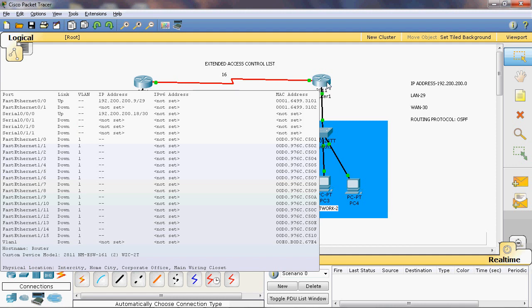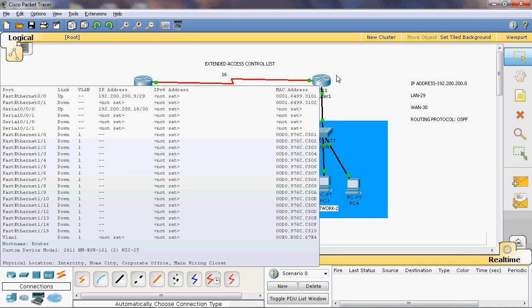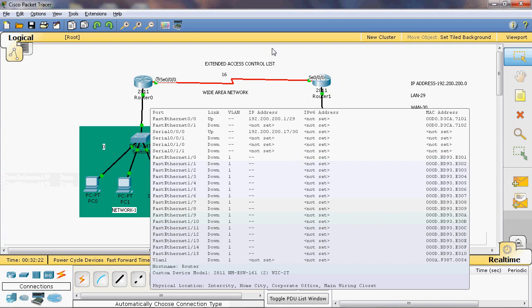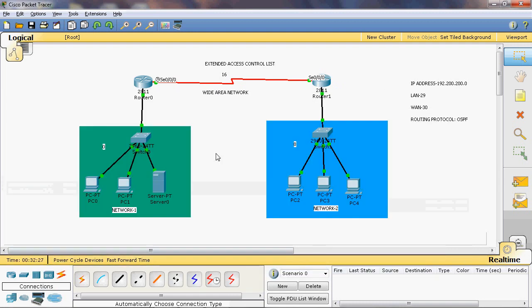If the condition does not match, it is permitted to access the web. So when the packet is received in router 1, it checks the condition. If it is deny, it cannot be forwarded to router 0. If it is permit, it is sent to router 0 to access network 1.